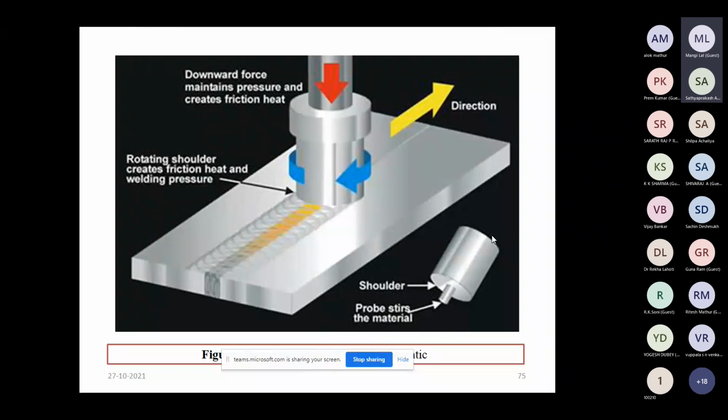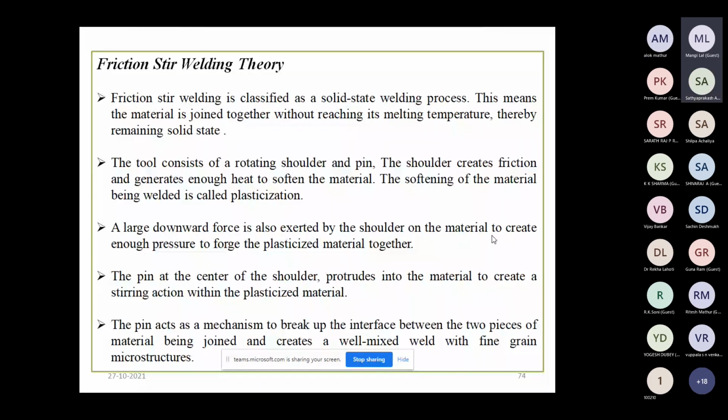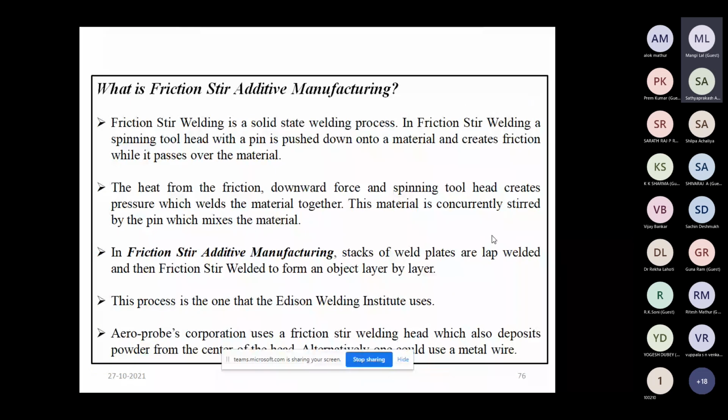Now, how can this friction stir welding be used for friction stir additive manufacturing? The basic principle is similar to friction stir welding. The heat from the friction is generated, and the downward force and spinning tool head create the pressure which welds the materials together, and this material is concurrently stirred by the pin, which mixes the material.